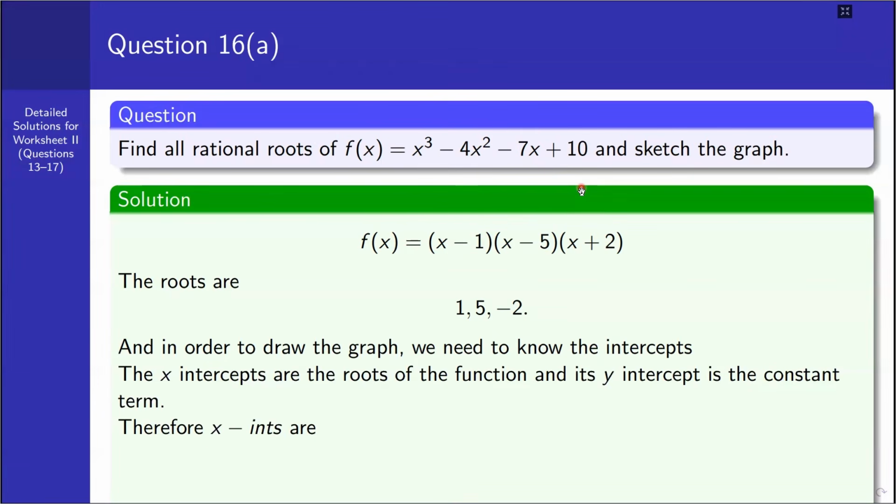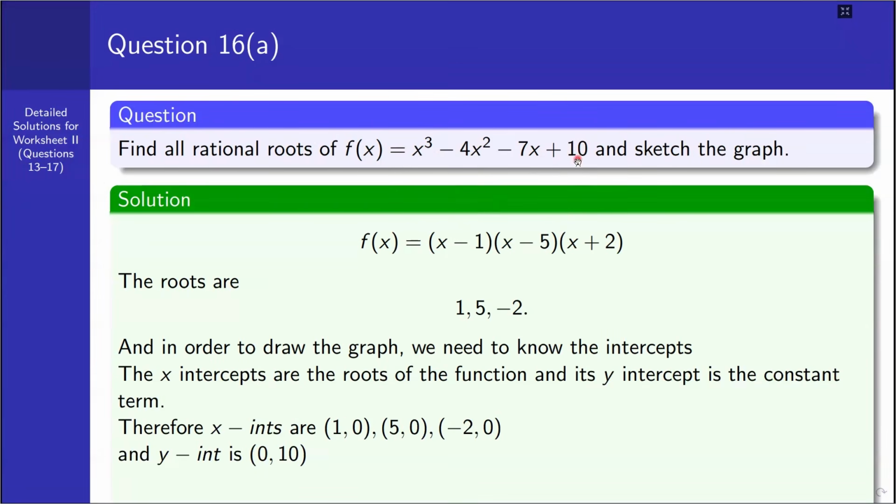And therefore, the x-intercepts are 1, 0, 5, 0, and negative 2, 0. And its y-intercept could be, that is when x equal to 0, so that this expression will be 0 and only 10 will be left. So that 0, 10 would be its y-intercept. ያ ማለት ነው የዚህ ፖሊኖሚያል ፋንክሽን ግራፍ ኤክስ አክሱ እነዚህ ሶስት ፖይንቶች ላይ ቆርጠዋል፣ ዜሮዎቹ ላይ ማለት ነው። ዋይ አክሱን ደግሞ አንድ ፖይንት ላይ ብቻ ነው የሚቆርጠው። ማንኛውም ፖሊኖሚያል ፋንክሽን